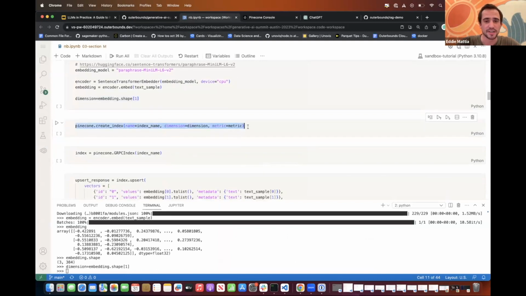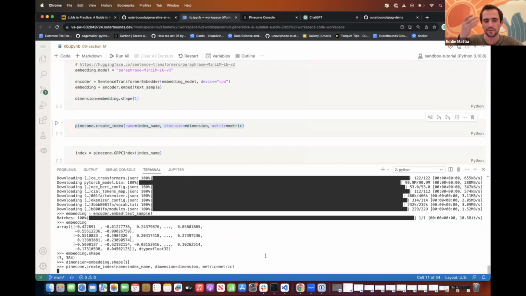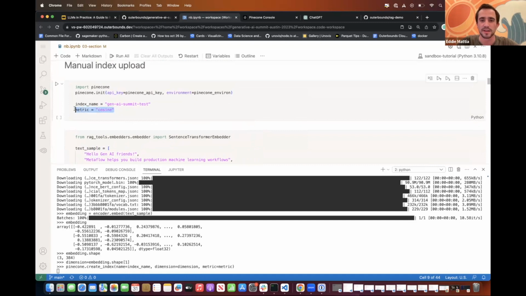Now to instantiate a new index, which is that database, that purple database picture that Hugo and I were talking about on the slides, all you need to do is run 1 line of code: create the index with our index name, specify the dimensionality of each vector, so how many numbers are in the list of these embeddings for each string, and then the metric, which we chose as the cosine similarity metric,